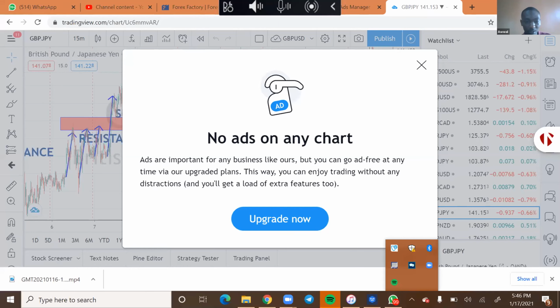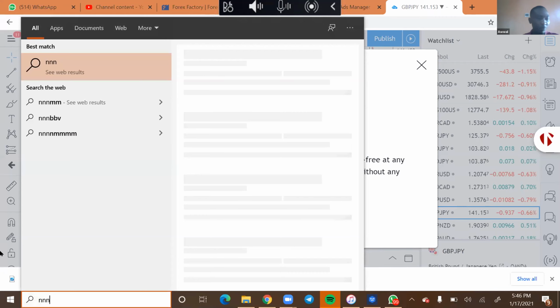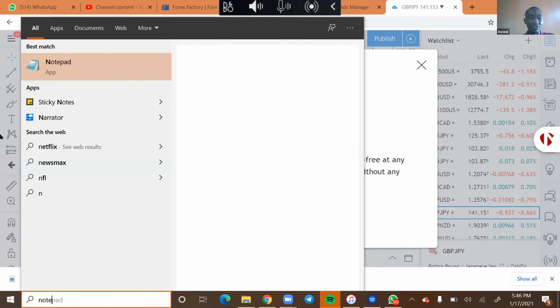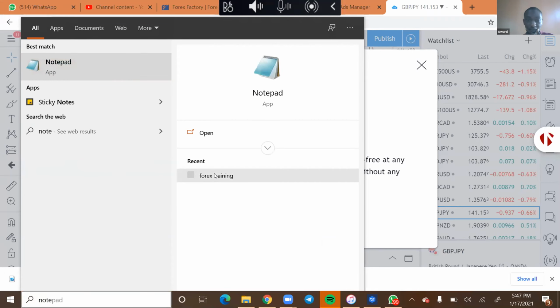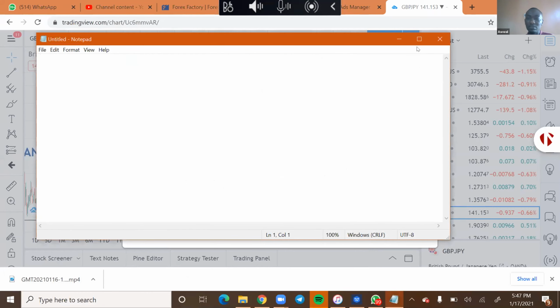So, like I said, today I'm going to be giving you guys a basic understanding of what we mean by fundamental analysis and technical analysis, because before you can go ahead and start buying and selling in the market, you must know what you are buying and you must know what you are selling. You don't just go to the market and start buying and selling just like that. At every point in time, you must